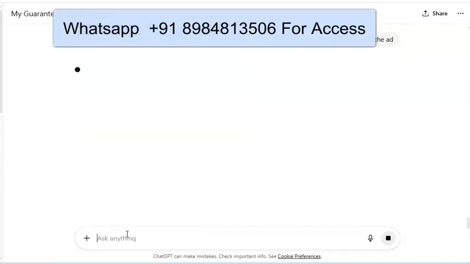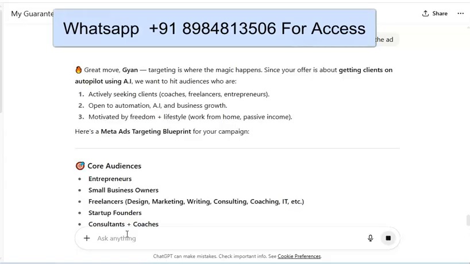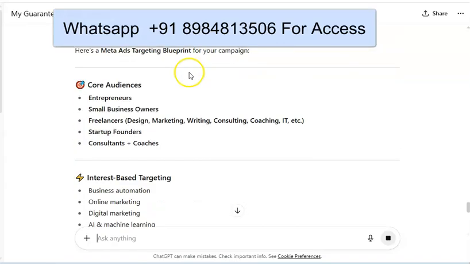Okay, now one thing to consider is that what we have done is that we have already fed the prompts to this particular AI, which is generating nice targeting, that will help you lower your CPC and increase the CTR. So you will not get this particular output if you run in normal ChatGPT. That is this particular AI, that is my guaranteed sales course. This will give you the targeting that is required for running your ad successfully.